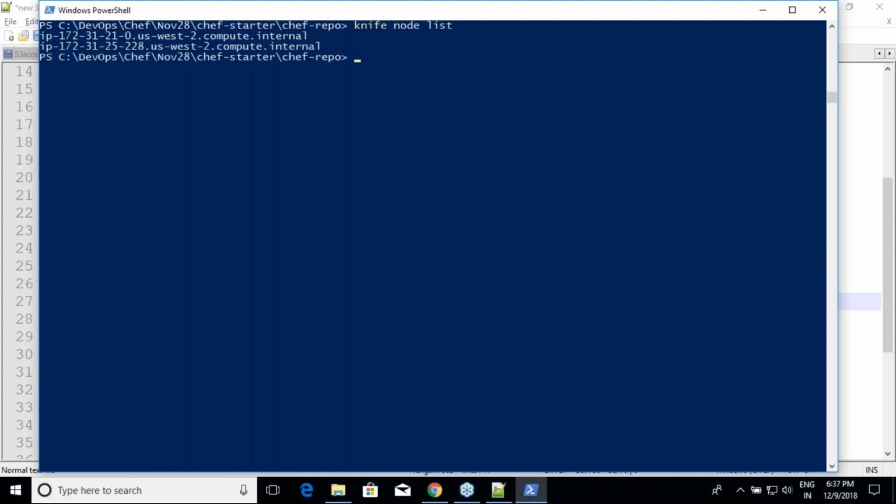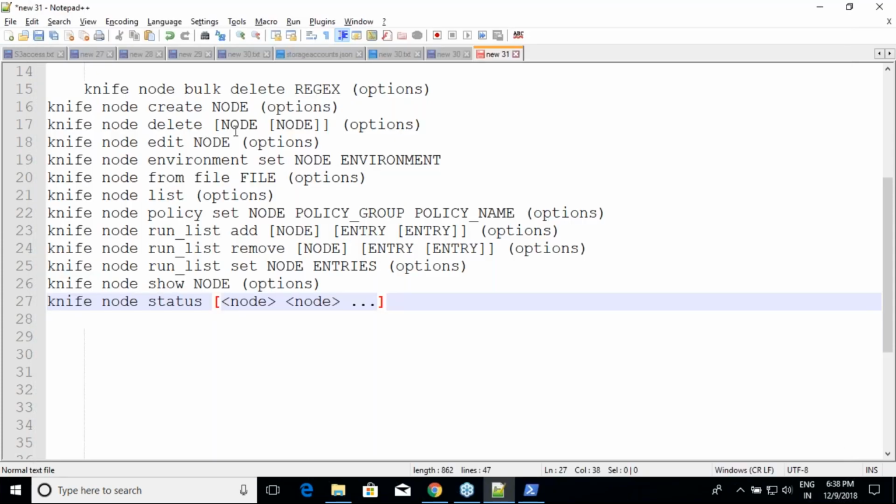And now I want to delete them because those nodes are no longer available. There is no point in having those nodes. So the things which I can do is I can just say knife node delete and give the node's name, or I can go with this bulk delete option. All right. Whenever I'm going with bulk delete, I need to know regular expressions, the stars and all other stuff. All right. And whenever I'm going with delete nodes, I have to be specific about what is the node which I'm trying to delete. And you can use anything.